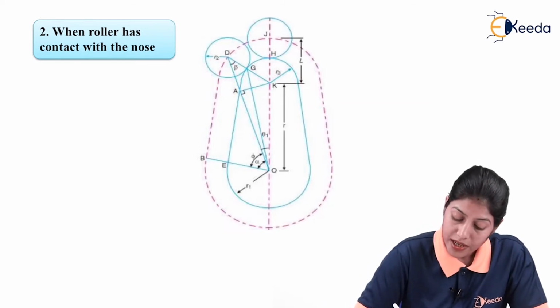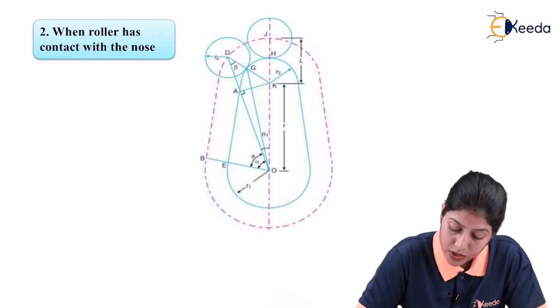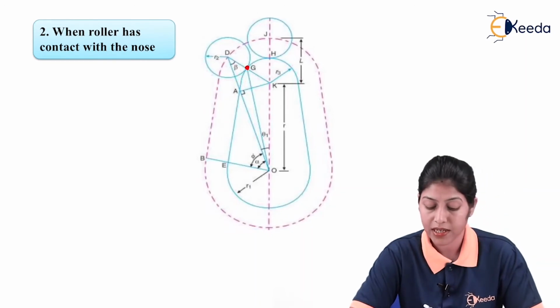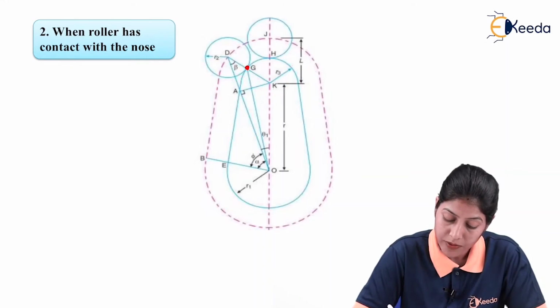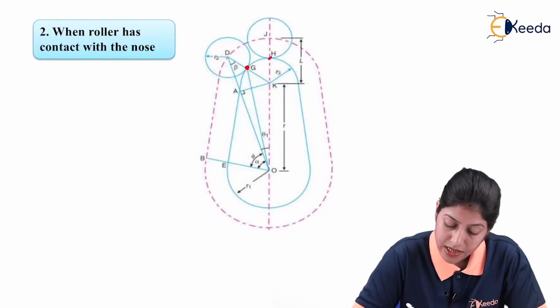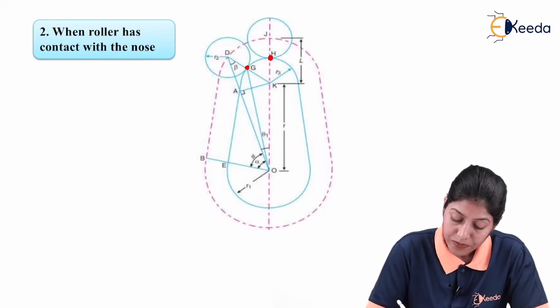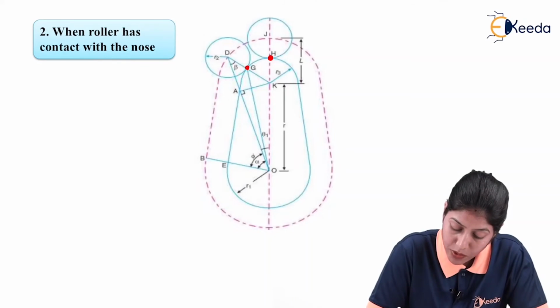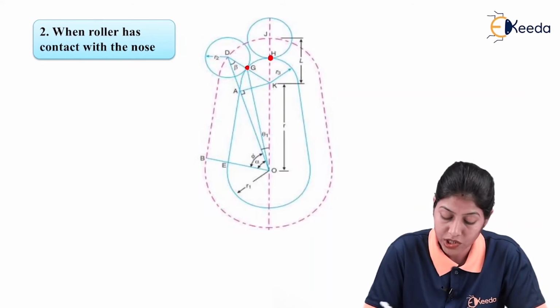So here, at that particular point when this roller follower has contact with the nose, this point G we will consider the initial position of the roller follower, and H we will consider is the point that is the apex of this nose, as the maximum position of the follower because of its height. And here we have G and H as the points representing the contact point of the roller follower for two extreme positions, the initial position and the final position.